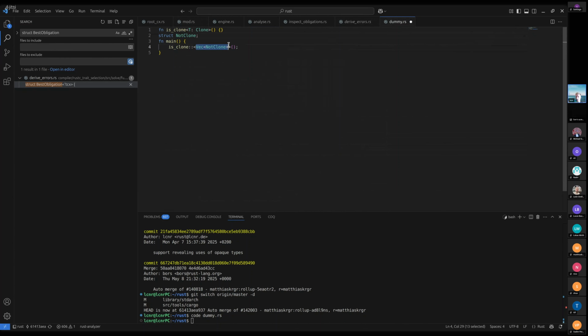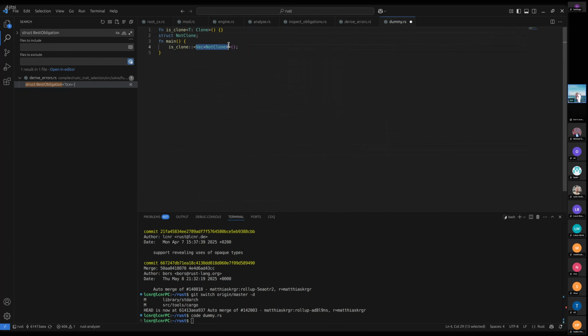So the best obligation visitor walks into a failing or ambiguous goal in the trait solver, so a failing predicate we have to prove, and searches for the best leaf obligation, which is responsible for the failure, which in the new solver is something we now do explicitly, whereas in the old solver, that's just a side effect of the way the